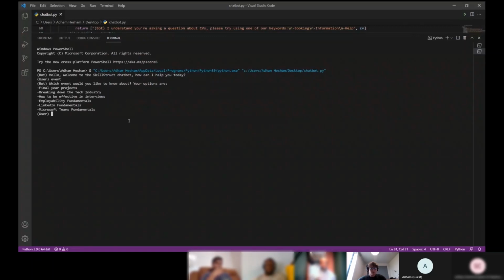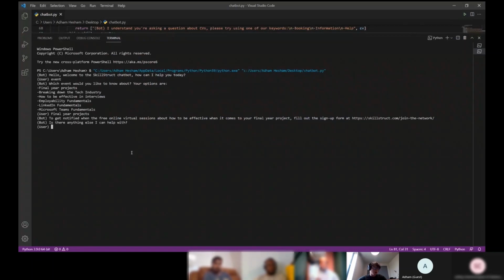And as you can see, again, you get a different layout of all the different options associated with it. Just to demonstrate how the dictionary works, if you type in final year projects, that will take you to the page that corresponds to the form for final year projects, the event.